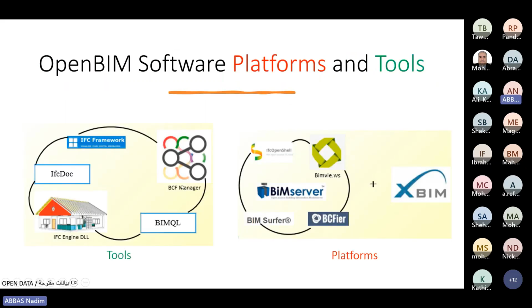Okay, now we will be discussing the platforms and the tools that are used for openBIM. So the mainly used openBIM software platforms and tools are here on your screen, and we will be discussing them. We'll be talking about the openBIM, and we'll be talking about XIM. We'll be talking about the BIM server, XBIM, IFC-Doc, BIMQL, BCF manager, and so on and so forth. Okay, now let us start from the openBIM